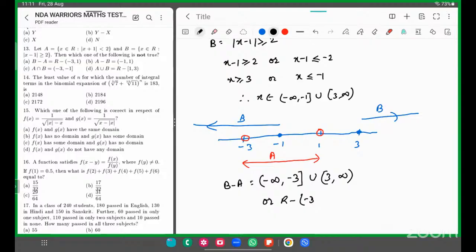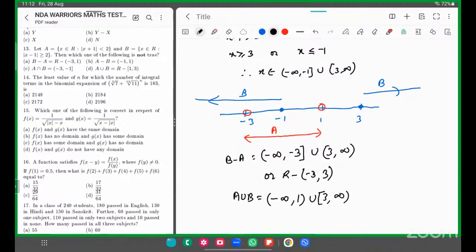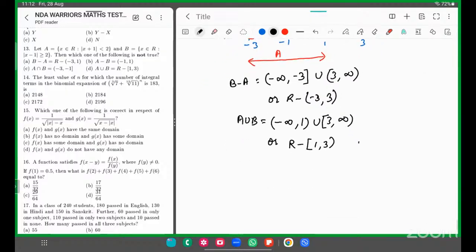Union, दोनों को मिला के लिखना है ना। बस 1 से 3 को निकालो, बाकी सब आंसर है। तो ये जो वैल्यू है -3 से लेकर 3 तक का, ये ऑप्शन नहीं मैच हो रहा है ना अपना, माइनस करना पड़ेगा। तो A ऑप्शन नहीं हो सकता हमारा। ऑप्शन D देखो क्या कह रहा है, A union B is equal to R minus, A union B अगर मैं दोनों मिला देता हूँ तो कितना आसान से होगा, infinity से लेकर तुम्हें 1 तक मिल जाएगा, open bracket, union 3 से लेके infinity, 3 पे close bracket। इसी को दूसरे तरीके से अगर लिखना है कि all real में से क्या माइनस करना है अपने को, 1 माइनस करो और 3 माइनस कर दो, तो ये ऑप्शन अपना मैच हो जाएगा ऑप्शन D के साथ। तो ऑप्शन D is the correct. ओके बच्चों, चलो लिखते हैं नेक्स्ट।